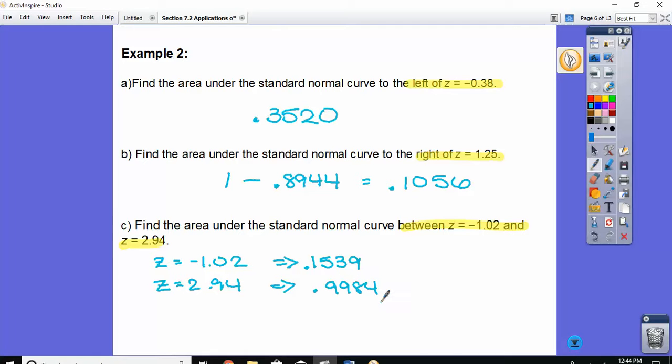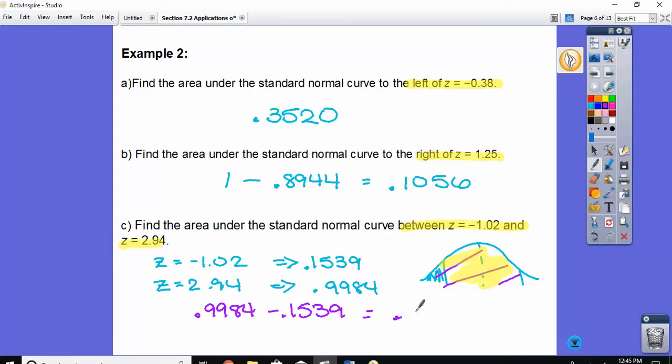So to be between those two values, if you think about what this means, negative 1.02 is telling me this area down here. The 2.94, what we found is all of this area. What I want is just this part. So what do I need to do with those two numbers? Subtract. 0.9984 minus the 0.1539. So if you want between two things, you just have to subtract them, and we get